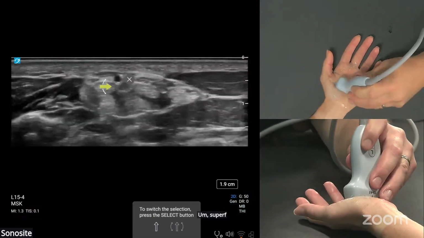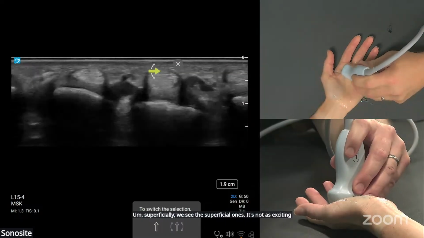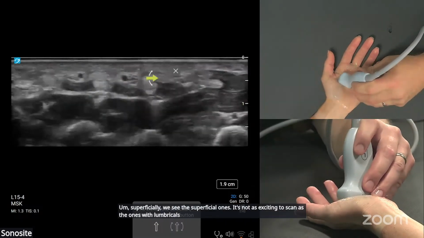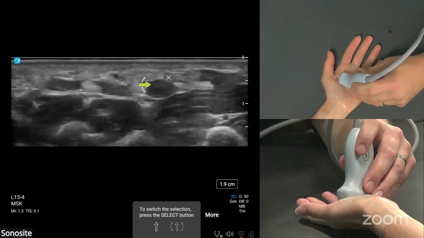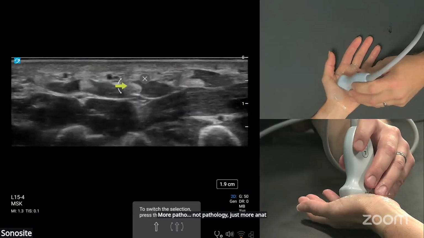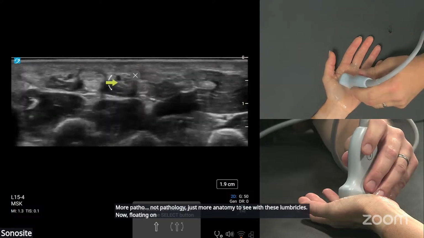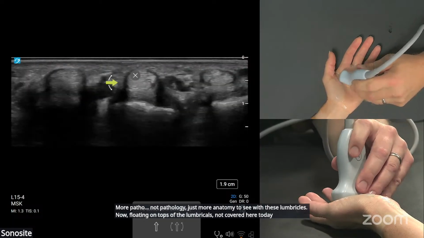Superficially, we see the superficial ones. It's not as exciting to scan as the ones with lumbricals. I just feel like there's more, not pathology, just more anatomy to see with these lumbricals. Now, floating on top of the lumbricals, not covered here today necessarily, but in the advanced, we'll trace out the